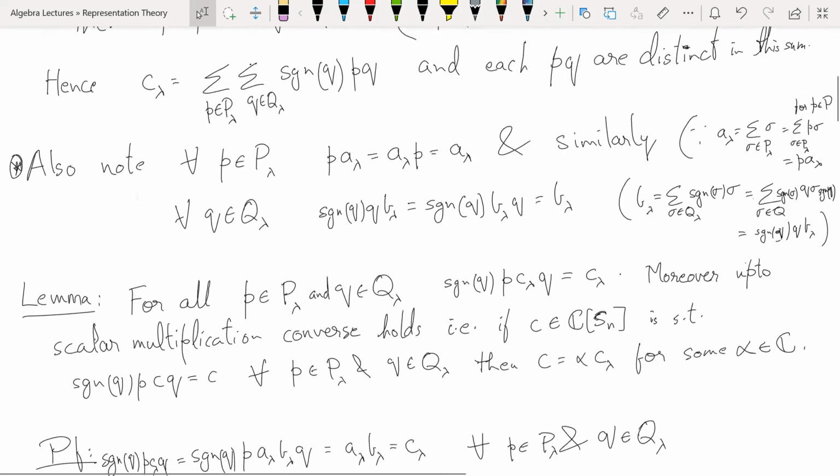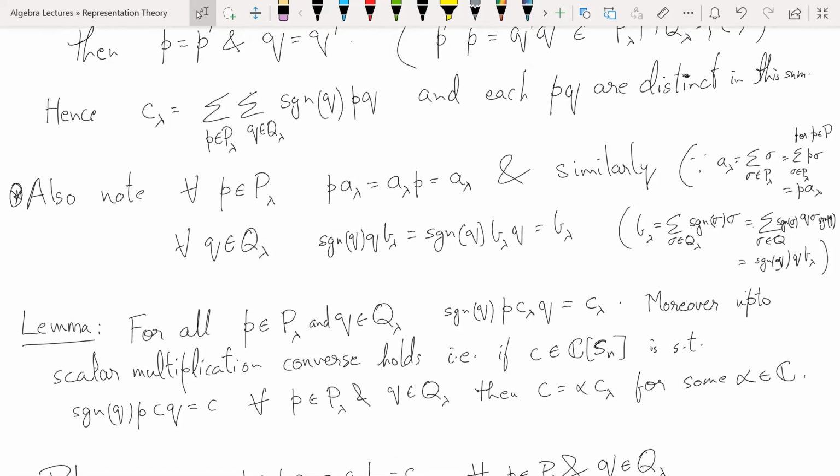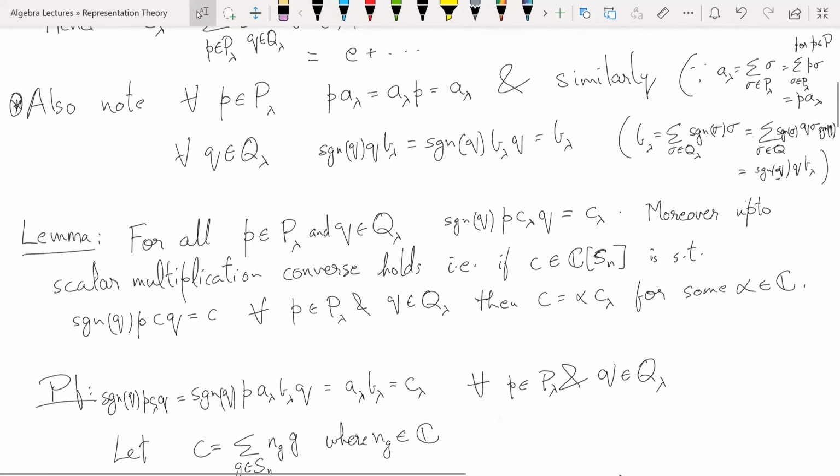So what is the coefficient of identity? Identity appears here. Note that the coefficient of identity: identity is identity times identity, so it's e plus something, so it's either plus or minus 1. So e will come with coefficient 1. So I have to show that the coefficient of n_e in c is